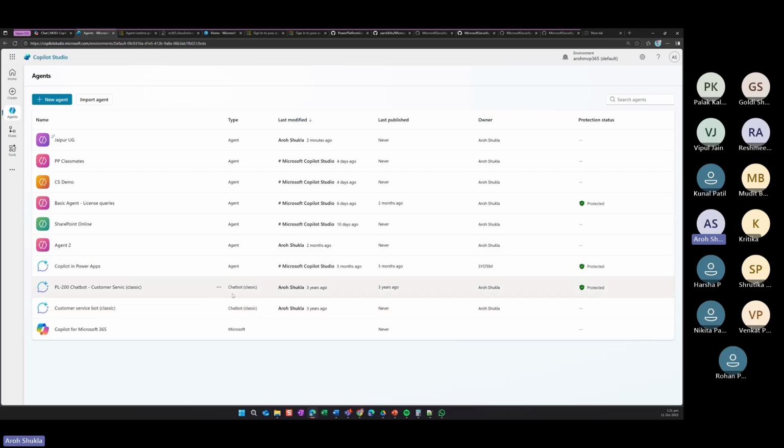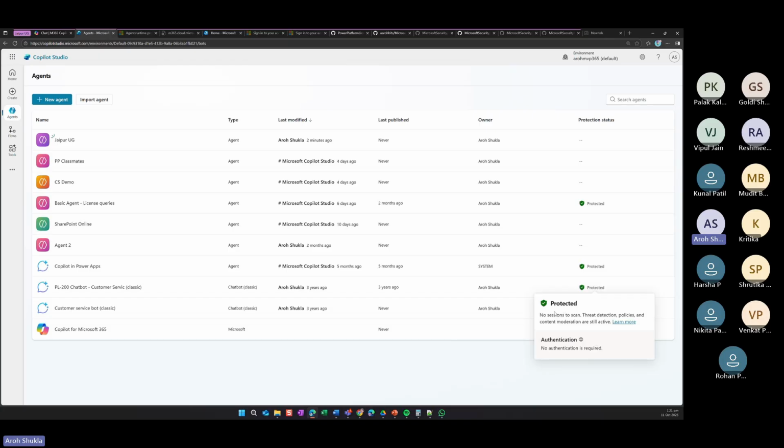Now you can see here, it's a classic web part. If I click on this, my PL-200 chatbot service, you see no scan, no threats happening. Why I'm doing it, I want to show you that when you publish these agents, there are a lot of hackers and scammers who try to attack your app, your agent. And with that you get a lot of issues with your data, because your data is either in a database or SharePoint.